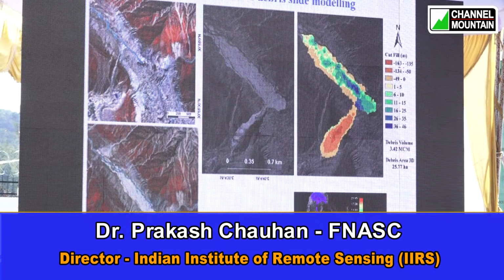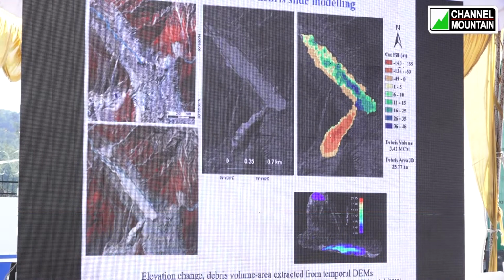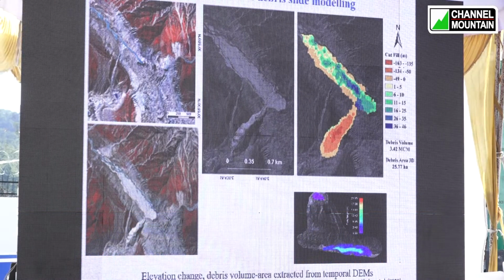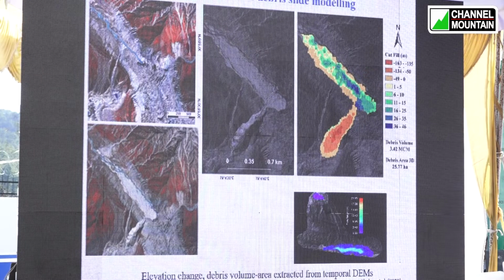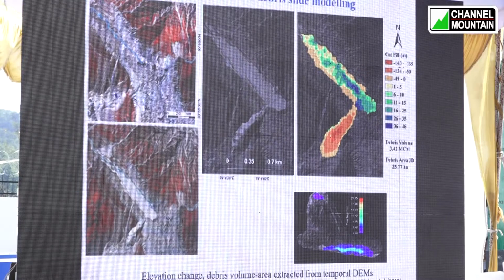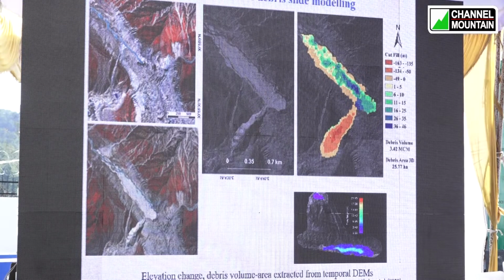Yeah, so this is about the morphological changes which have happened at the mouth of Gangotri, the Gomukh region. What I show here, just before 2016, is this image where you can see the river mouth in blue color very distinctly. After the landslide happened, the river mouth has shifted towards one of the flanks, and a large amount of sedimentary plume is lying over there, which is around 1.4 kilometers in length.